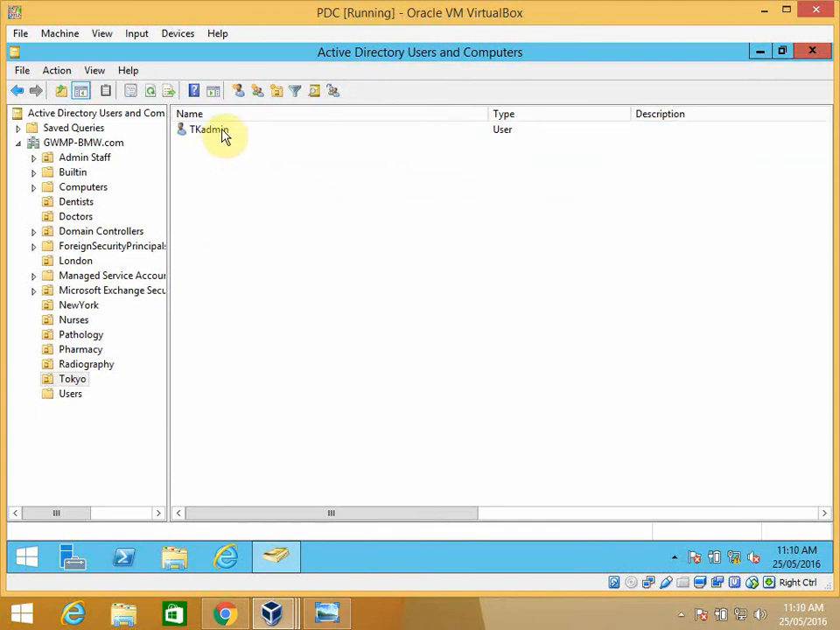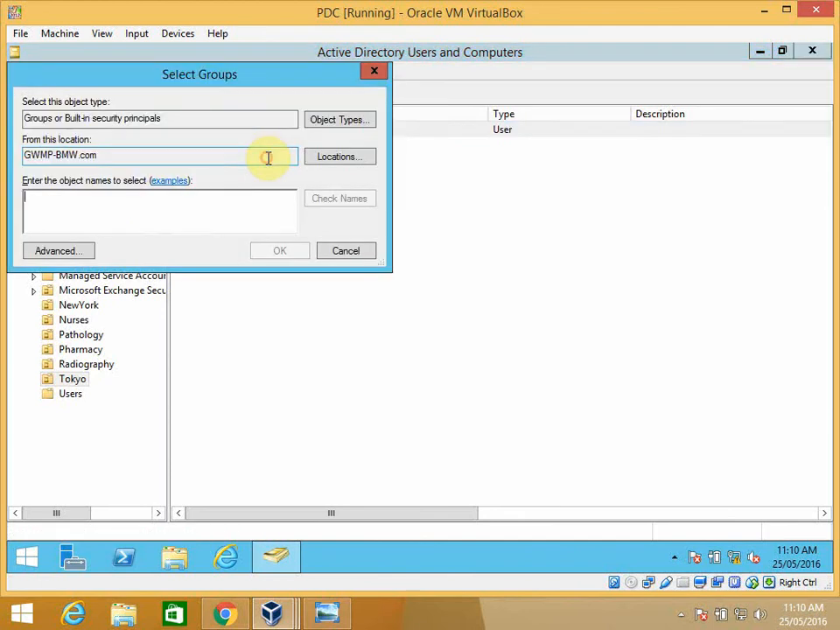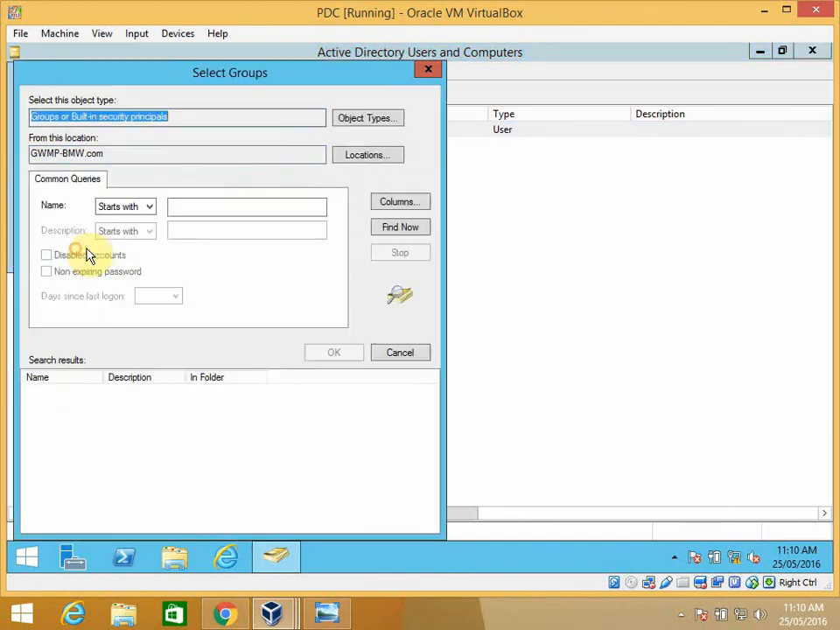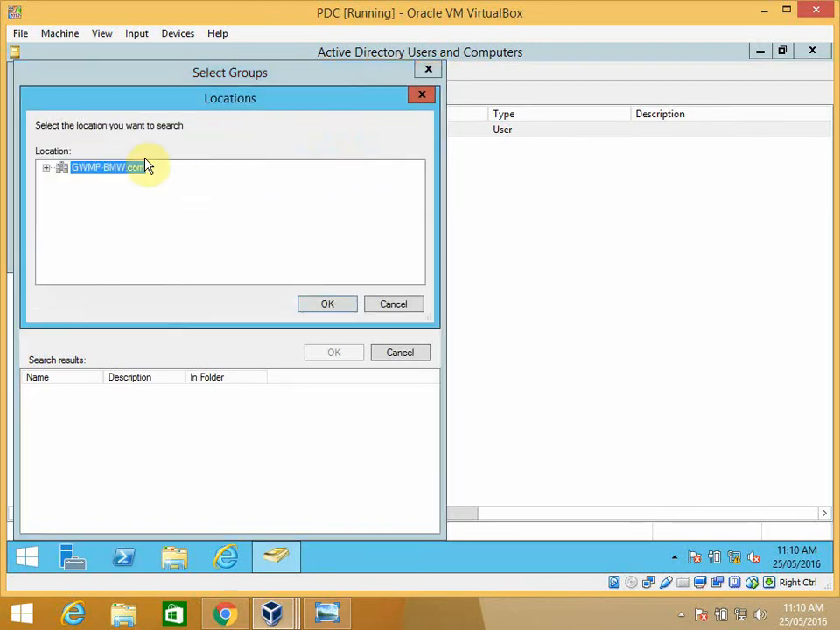admin person. We want to make sure that he's actually a member of the administrators group. So right mouse click and add to a group, advanced. We're doing it at the domain level here now. So he's going to be a domain administrator, but I could actually change the location to the Tokyo organisational unit,